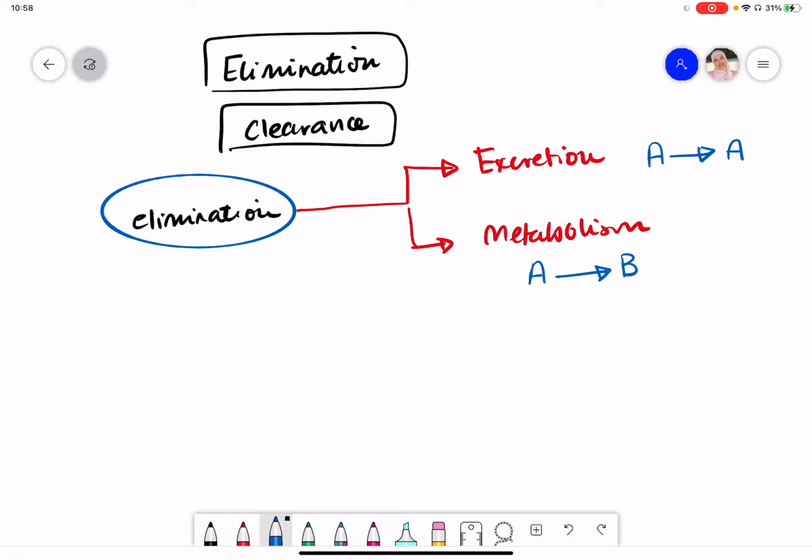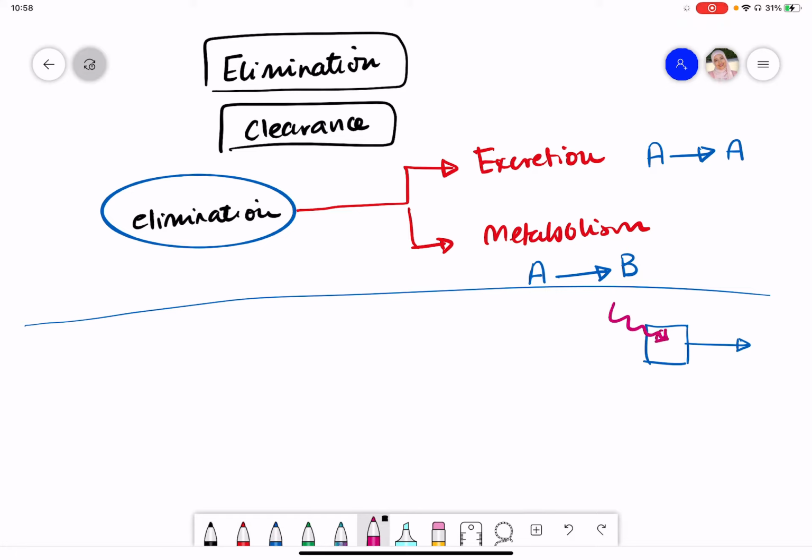We will talk about this in this class, and we are still talking about our model, where we are having IV bolus with one compartment model,